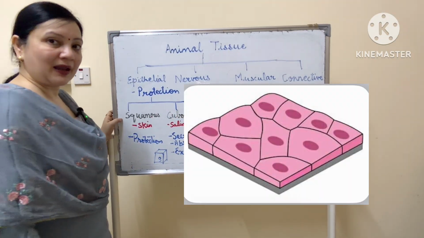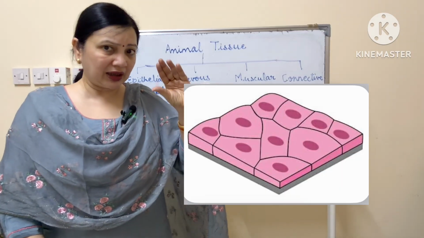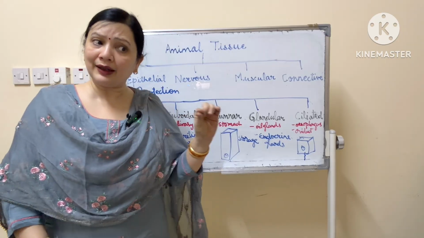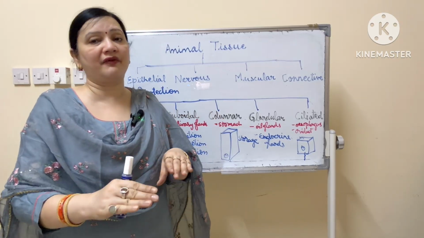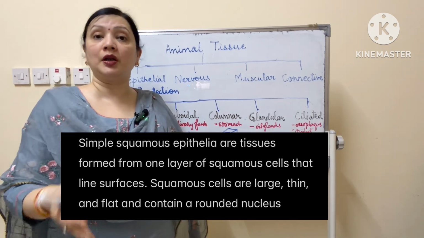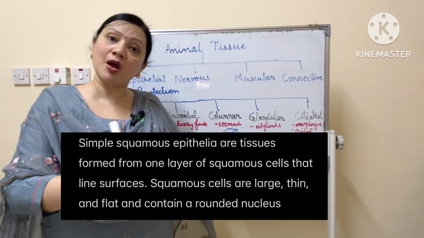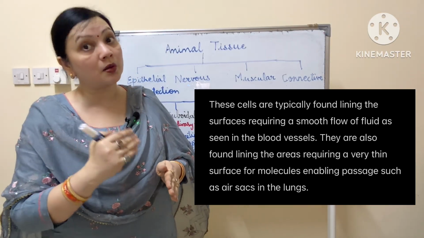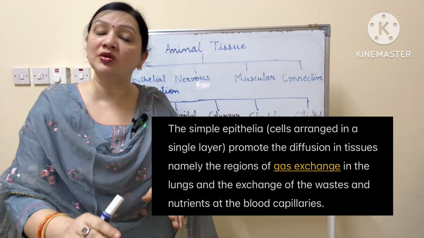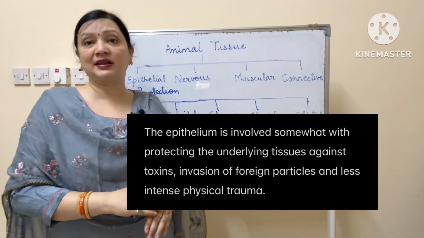First is squamous epithelium. The name tells it's a thin layer, not very thick, the cell doesn't have too much height. It is a thin layer which makes the outermost covering of our body. Epithelial tissue will make the outermost covering of a body not only from outside. Our internal organs also are lined from outside by epithelial tissue and also inside. So this epithelial tissue makes the outermost covering of usually all the internal organs and our skin also.